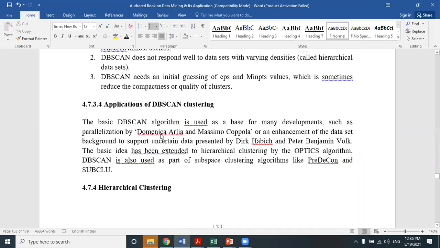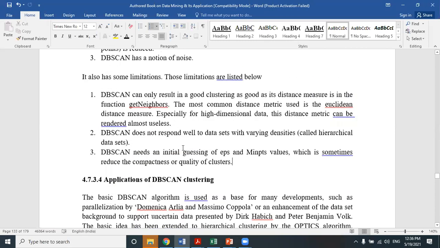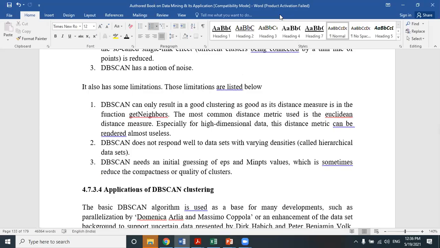So what are the applications? There are various applications of the DBScan clustering algorithm. I think you can go through it. Apart from DBScan, there are two other algorithms that are also part of density-based clustering: one is DENCLU, and another one is OPTICS. So this is all about our DBScan clustering technique. So in the next class, I will